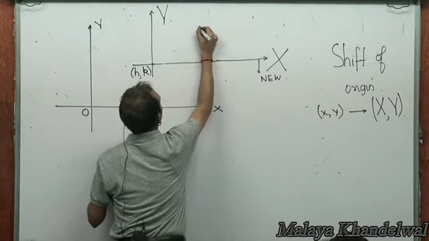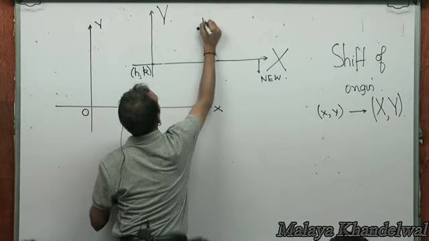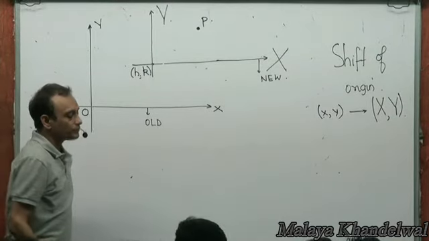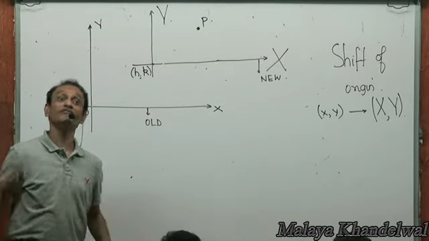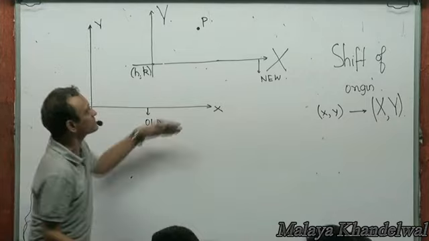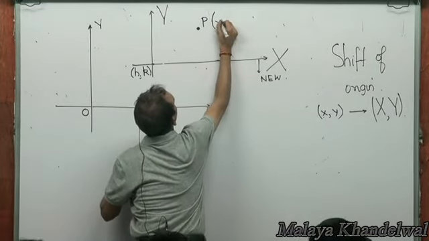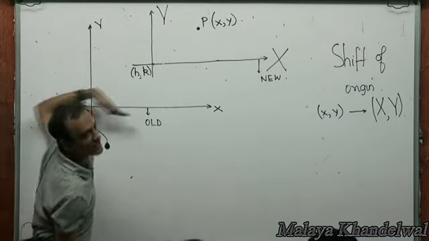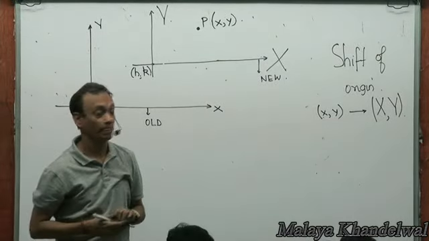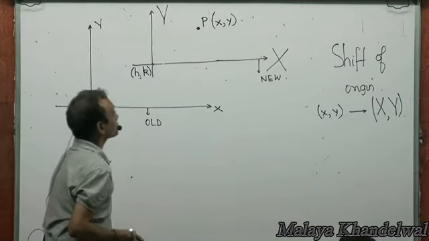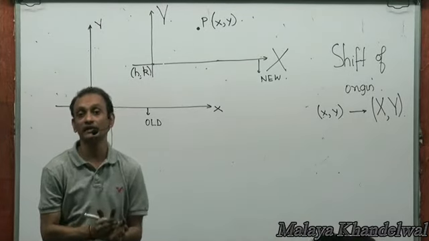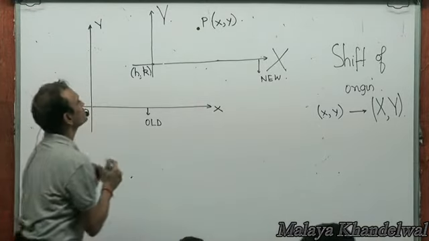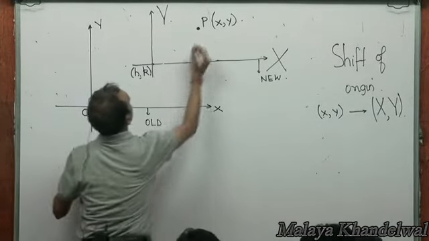Now, say there is a point P anywhere, and its coordinates referred to the old axis are small x, small y. Now I want to find the relationship that will connect small x with capital X and small y with capital Y. Now that's very easy because, see,